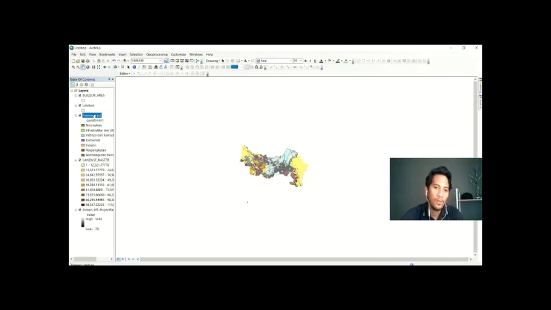Alright, for now this is the build up area layers, and now we rename it as build up area raster. So we delete the